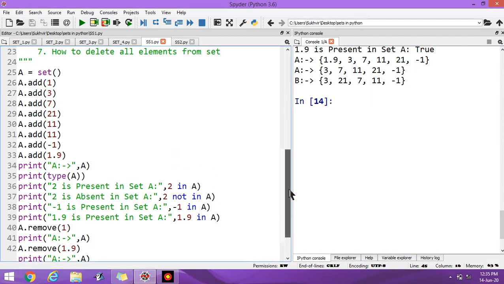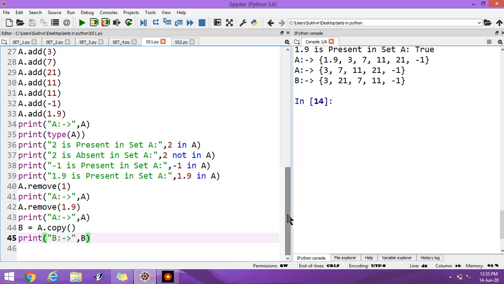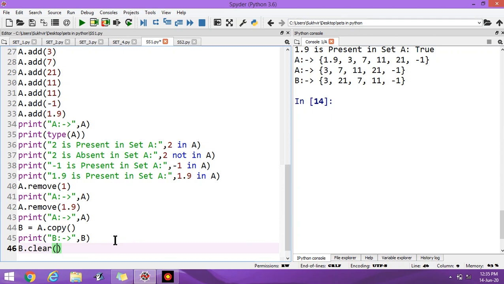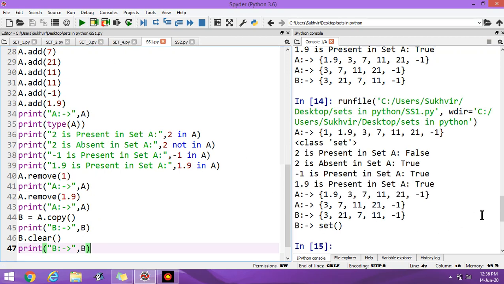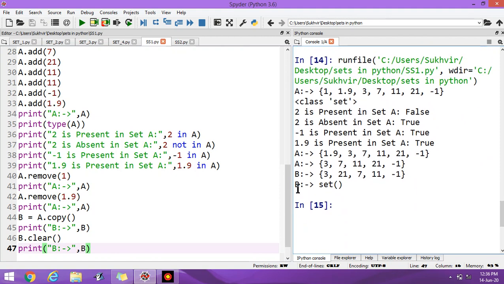Next one is how to delete all the elements from the set. Suppose I write here B dot clear. Now print again the elements of set B. You can see there is no element in set B now.